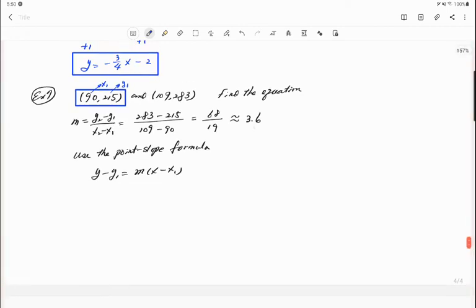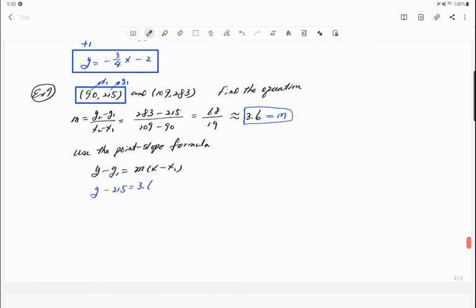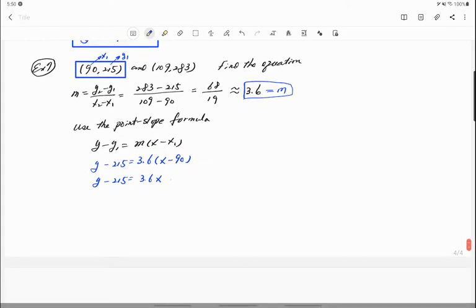And then we already found the slope. This is the slope, right? So y minus 215 equals 3.6 times x minus x1. All right. Then y minus 215 equals 3.6x minus